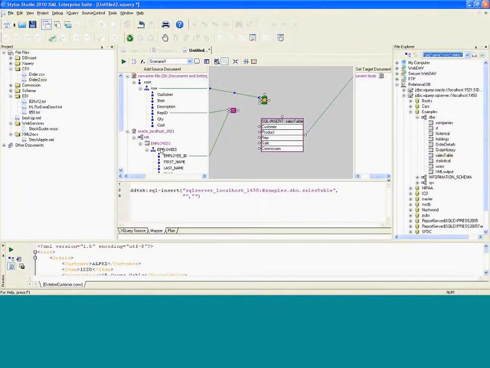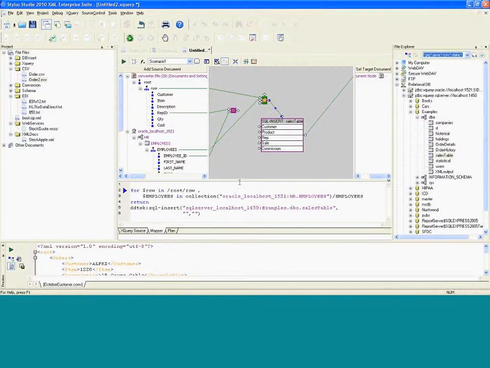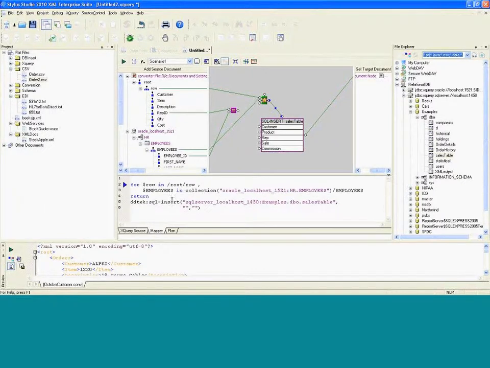I can say for my order and for my employees, link together the data that is similar, and then pump it out, or joined, and then pump it out to my SQL statement. So in order to do so, I've linked my employees table to my root for statement, as well as my row to my root for. I can now link the output, which is the driver of this resulting for statement, as the flow port of my insert. And as you see as I'm clicking, it's building query code down here on the query pane.